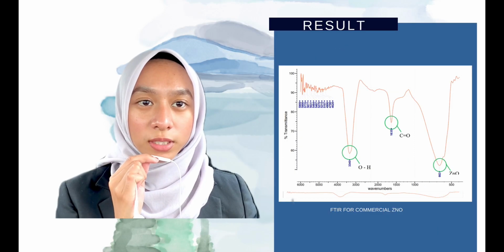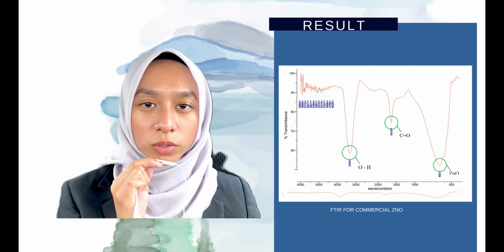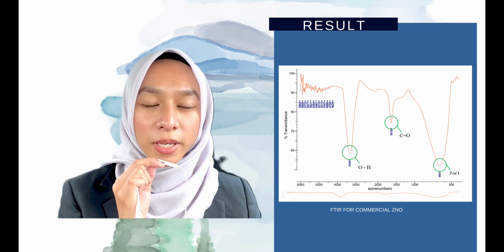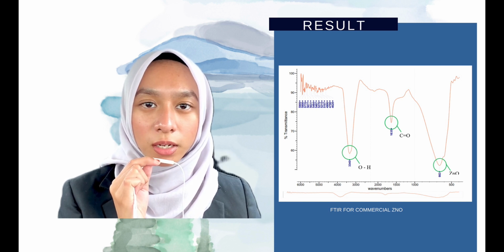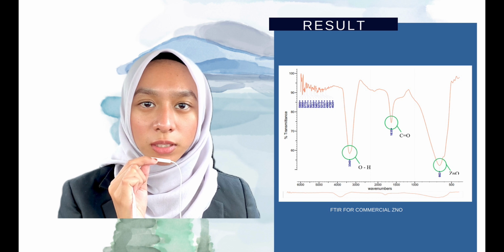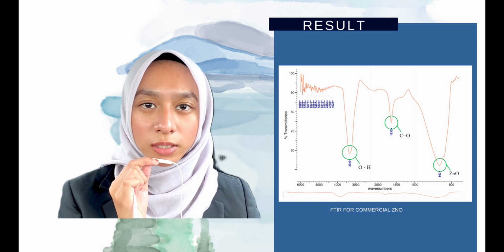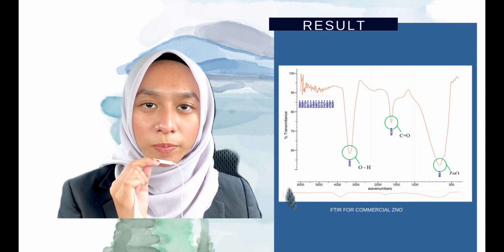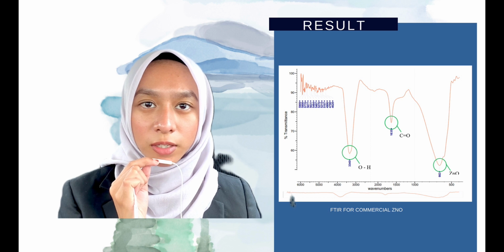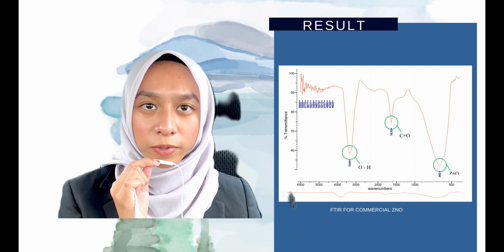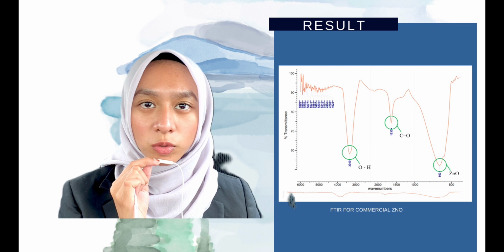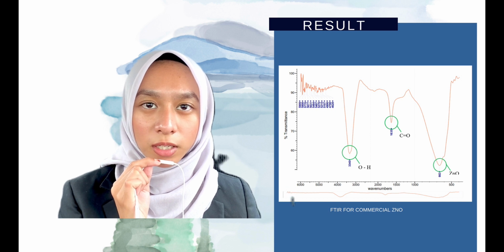So as for the result, figure 1 shows the FTIR spectra of commercial ZnO. Based on the figure above, there are some characteristic absorption peaks that appear in the range of 4,000 to 600 cm-1. The peaks that appear at 3340 represent the OH stretching due to the broad absorption band in the range